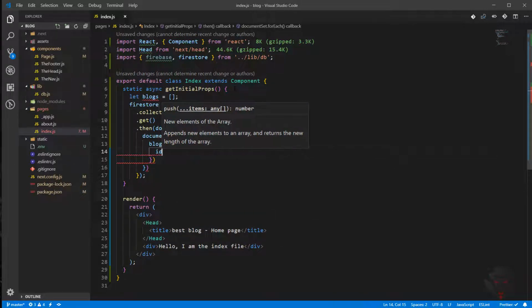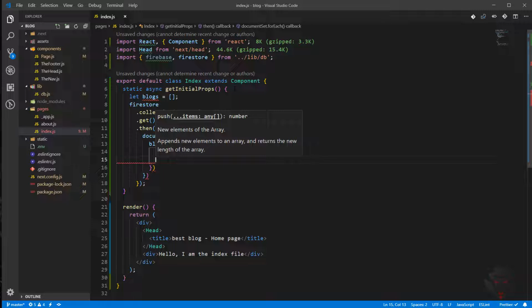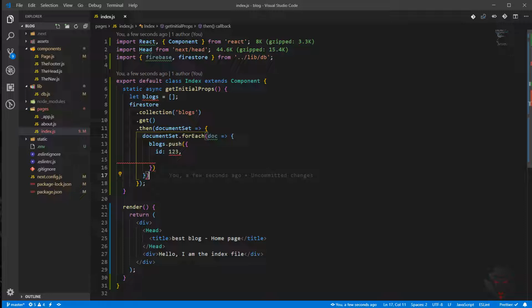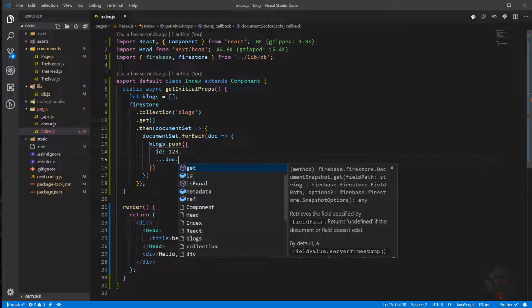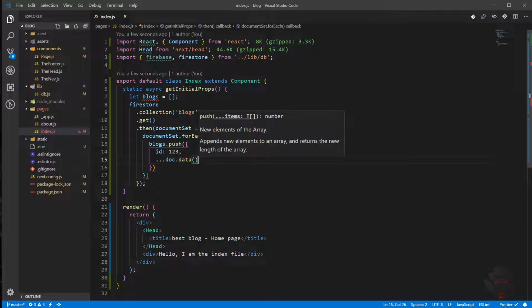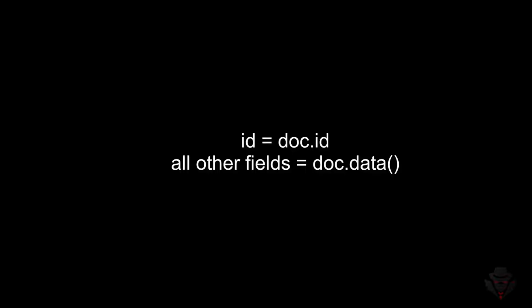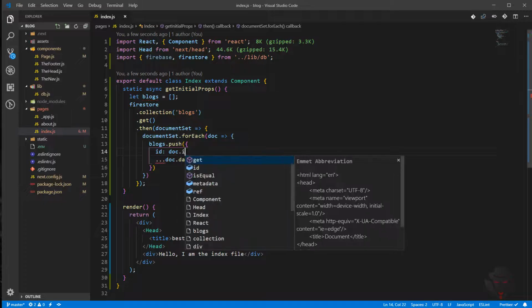So we need the ID of the blog, which would be 123 in this example, and then everything comes from this doc. So it will be doc, and in order to get the data from it, it will be data. That's a Firestore method. Doc.id,